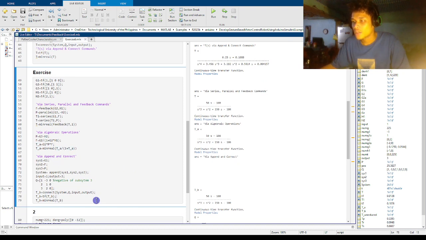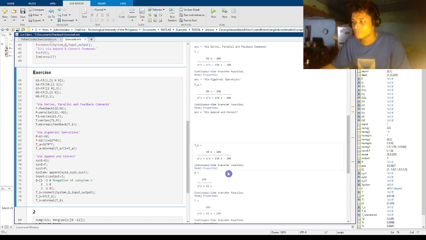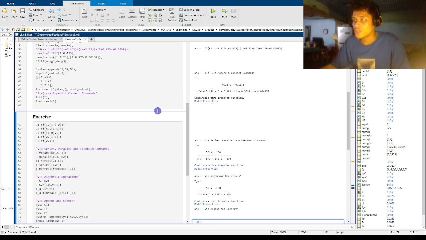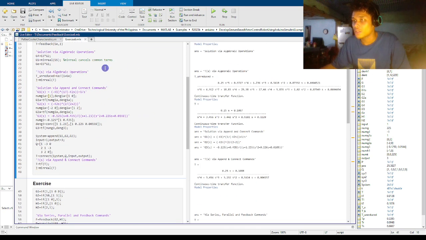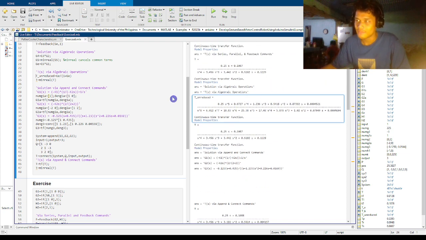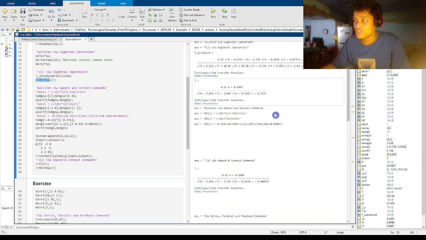after this, we have p_b equals to pts minus 100 over s cubed plus s squared plus 150s minus 100. So it is fairly straightforward. Now, of course, one thing that should be noted is an unreduced form like this. So using the minreal actually reduces it.